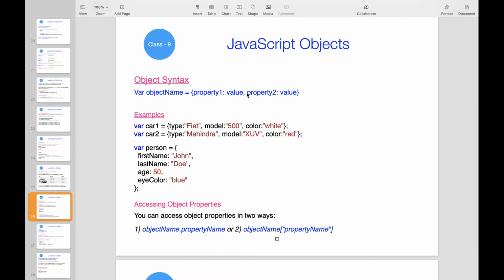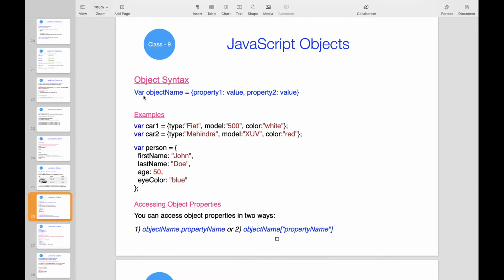So in JavaScript, what is an object? We write it like this: a variable name, which is the object name, equal to an open curly bracket. Inside that we write key-value pairs, key colon value. This is one property, this is the second property.